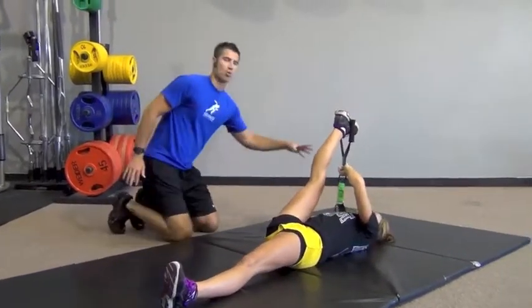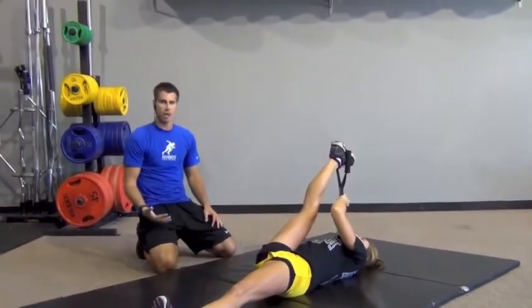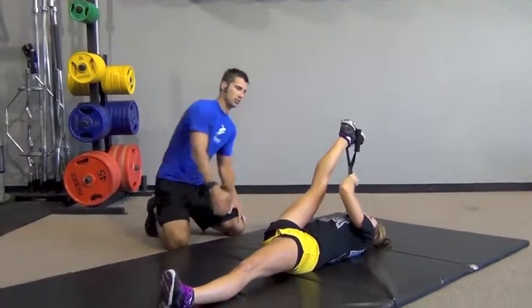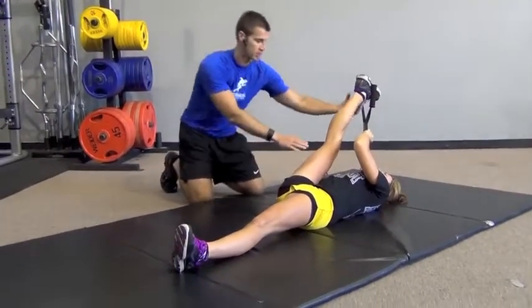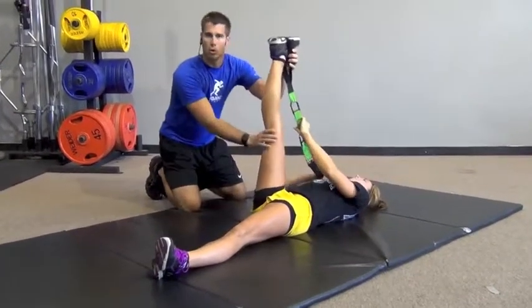You're going to bring it up right towards your chest. Let it feel it through your hamstring. Take deep breaths throughout each stretch, okay? So she's got her leg pretty straight here. If you're slightly bent here like this, you want to work back this way to where we can get straight,